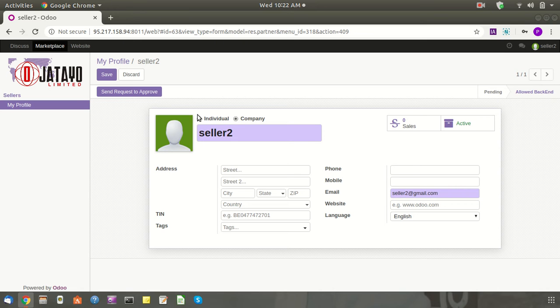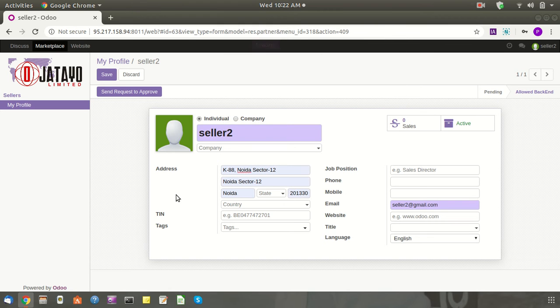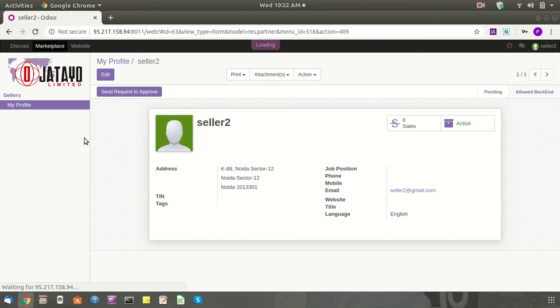After putting in the details, the seller sends a request for approval. And suppose you require more details, then you just send me the data you want to fetch, and I will provide it in this form. So after putting in the data, seller 2 requests the company, please approve me for uploading products on your portal. So he just sends the request for approval. Okay, the approval request is sent.